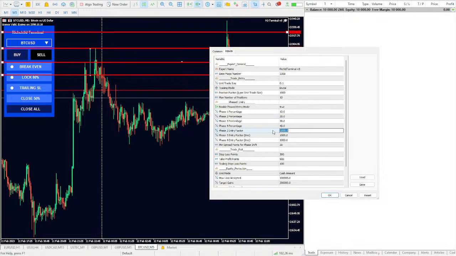You see where it says phase 2 entry factor. It means how many points do you want it to go against you so that you can enter phase 2. Okay, so if you can come here and measure here, you can see from here to here, you check how many points you want to actually allow. Okay, so in this instance, you can see that it says if it goes against you